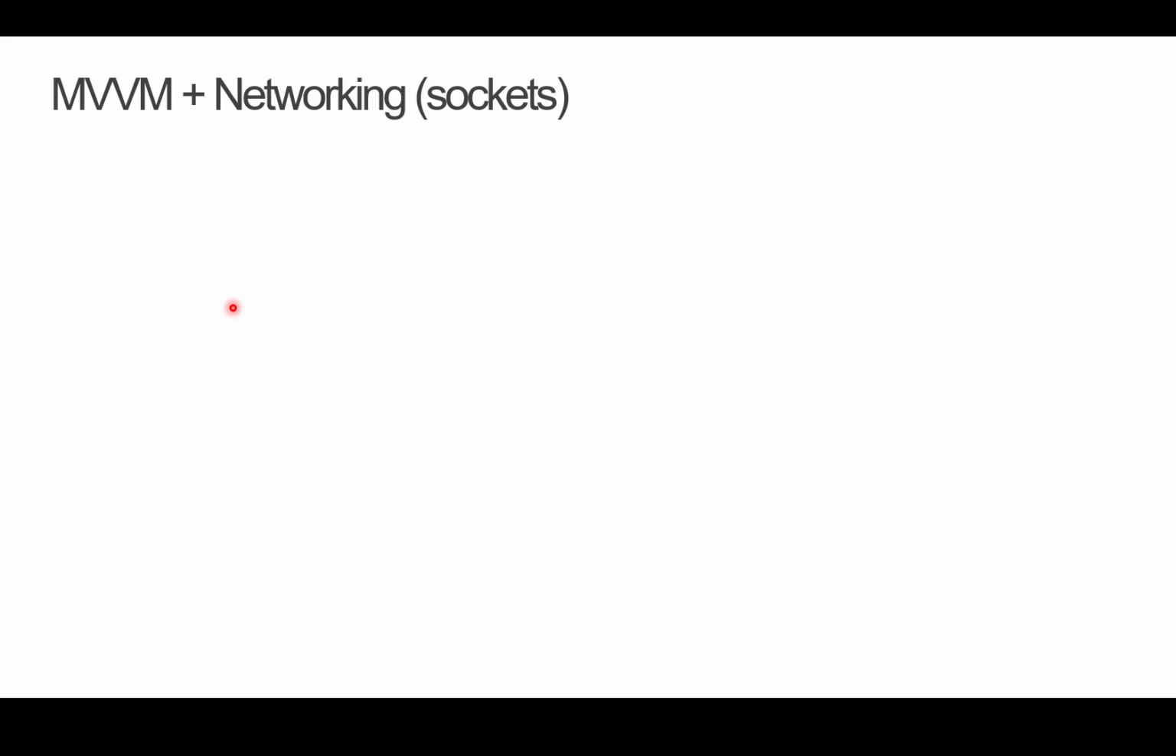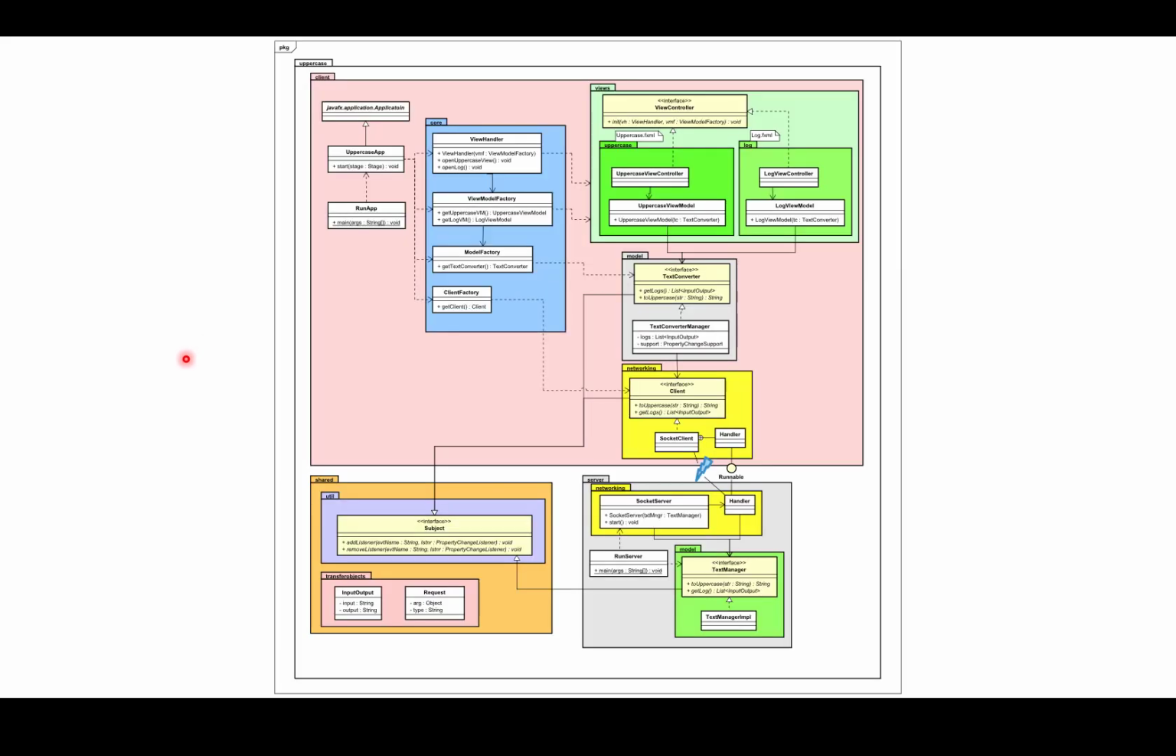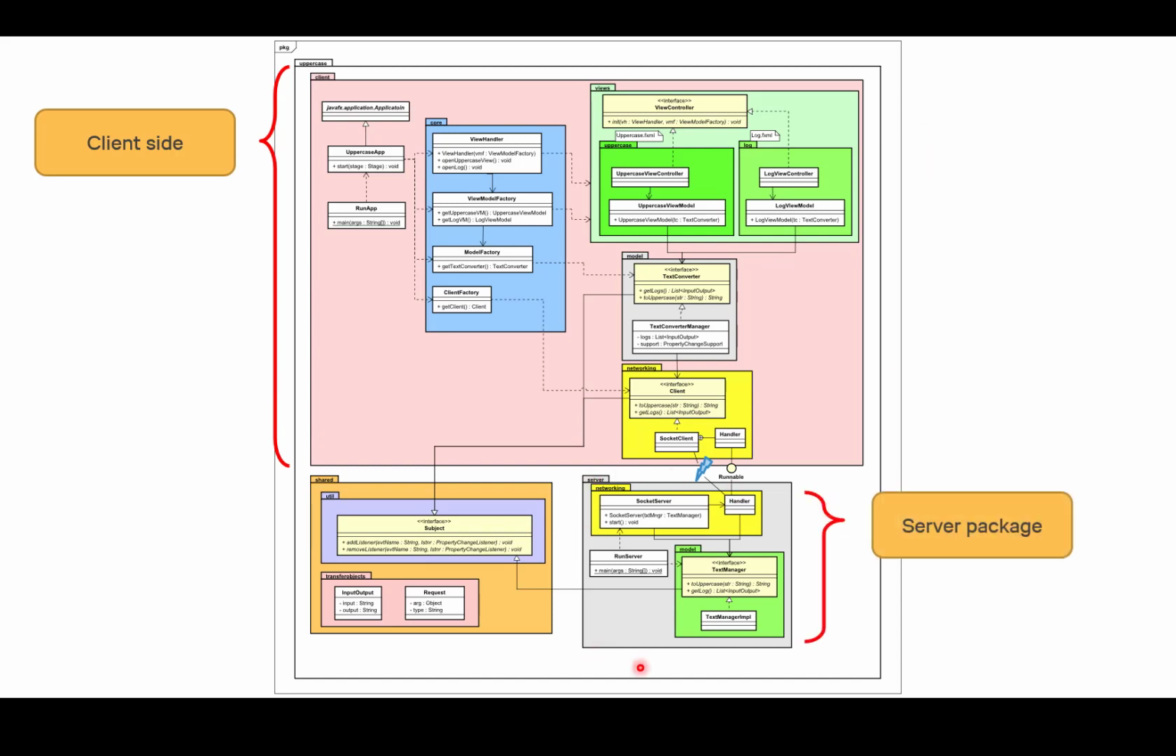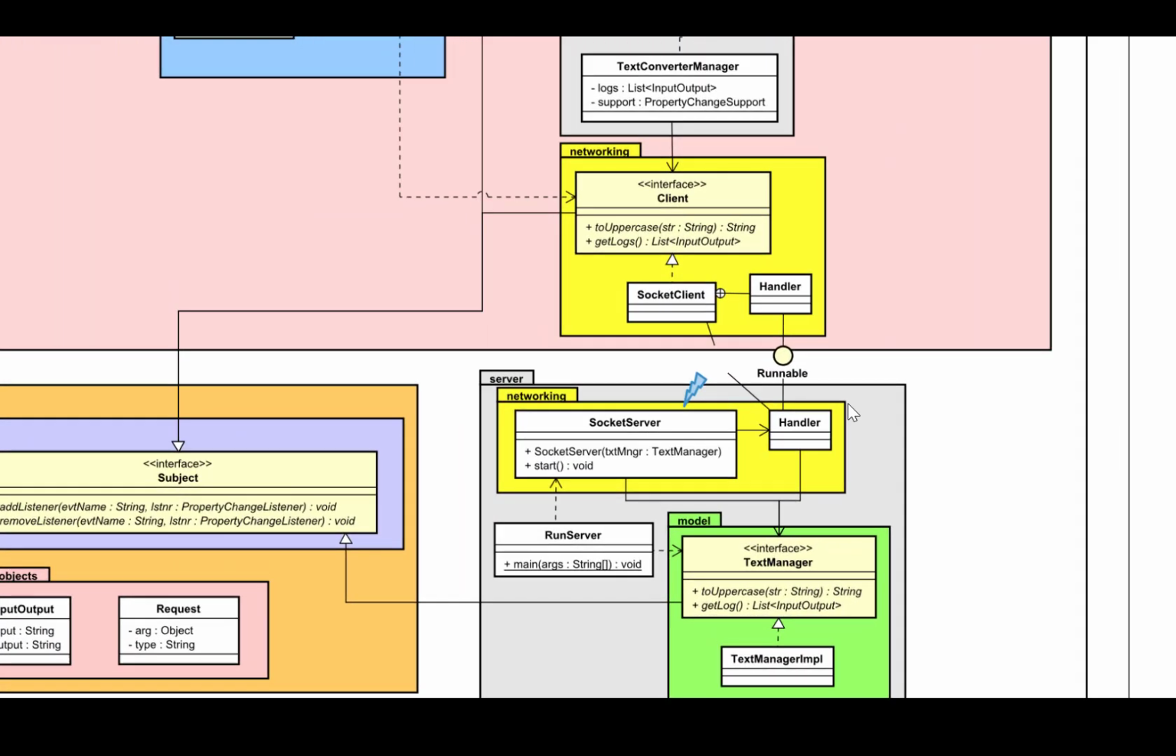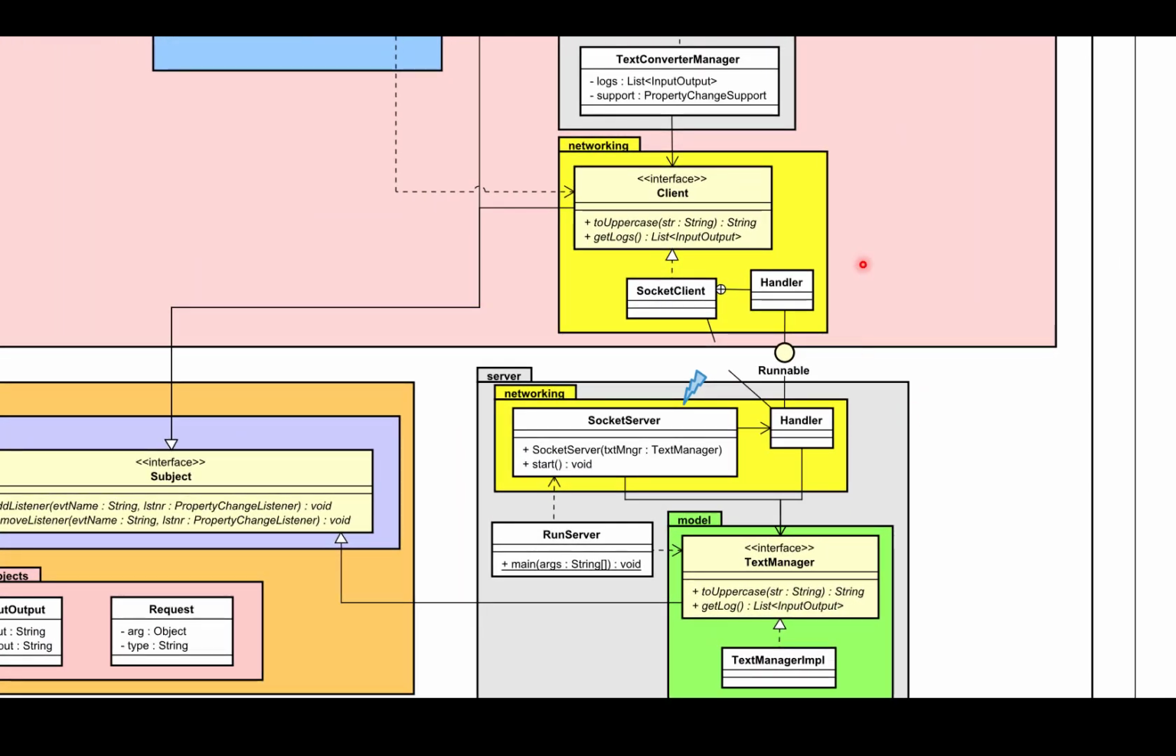Okay, so let's start out with the previous version, my MVVM networking, the uppercase example. So that was the program, and I was currently using sockets in my networking layer, the yellow packages. So I had the client side, which is everything up here. My server package is the gray one, so that belongs on the server, and there's something that's shared, so they both know about it. For example, the subject interface and the transfer objects that are sent back and forth. And it is the classes in the yellow package here that we want to